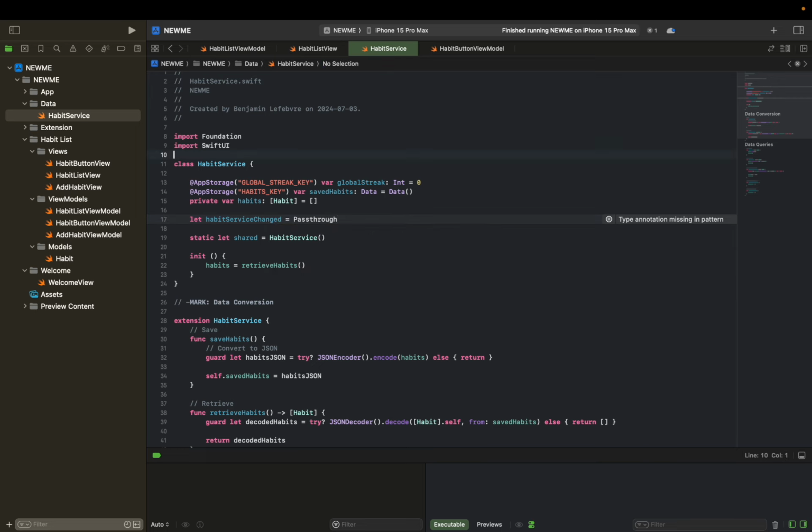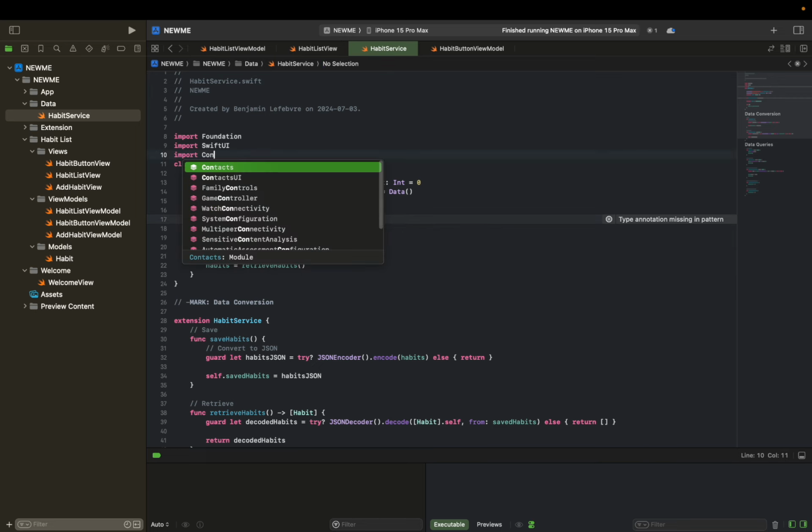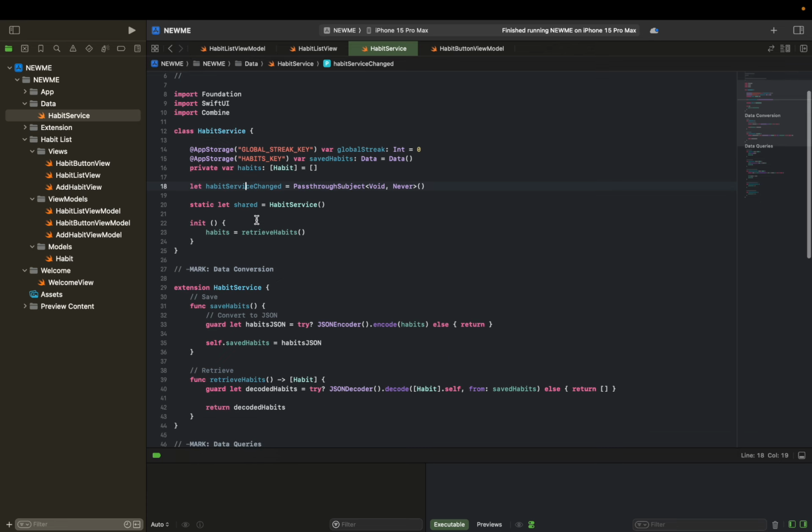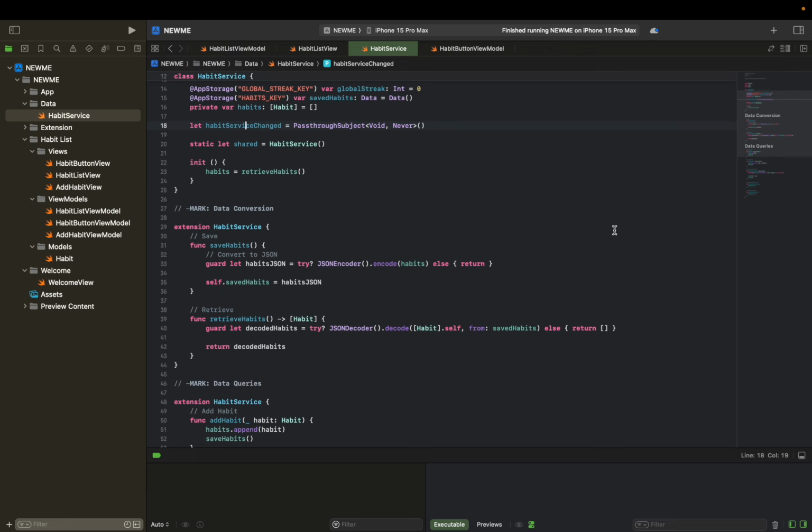I actually need to import Combine, and a pass-through subject, and it's going to be Void, Never. This is going to allow us to send some event that happened to this one. So whenever we call, you'll see, or we actually need to,